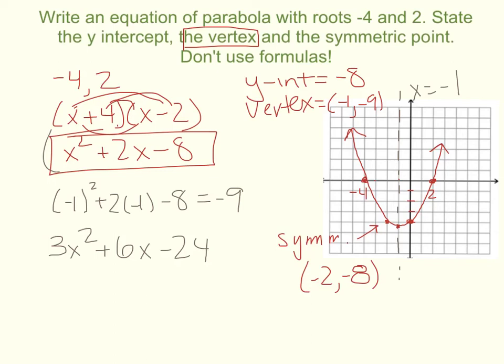The difference is that our y-intercept is now -24, which is way down here somewhere. It's still going to go through -4 and 2, but it's going to cross way down here at -24. The vertex still has a -1